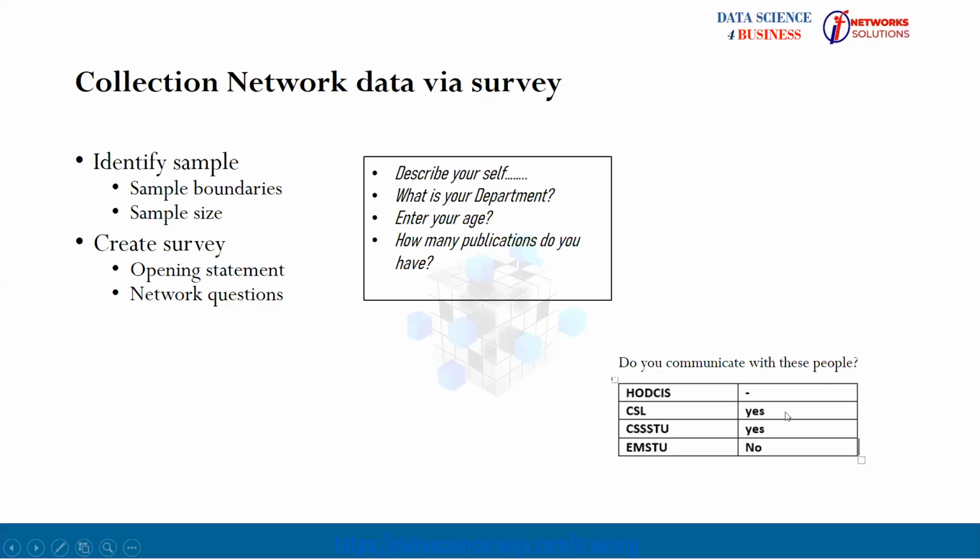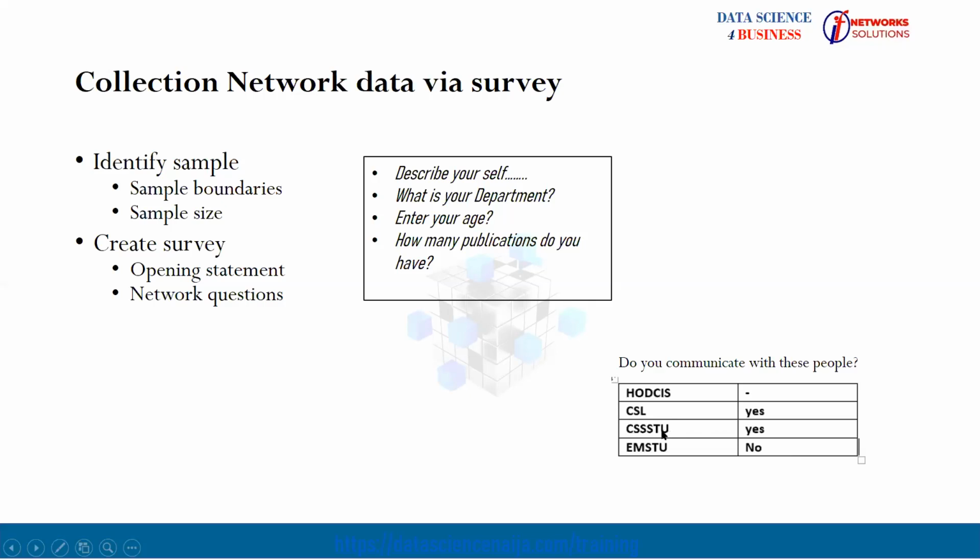So it's a yes or no thing, depending on how you want to capture it. For example, this particular person, because he's the one you are giving the questionnaire, is going to have no answer here. But if you are now asking him whether he communicates with CSL, if he says yes,